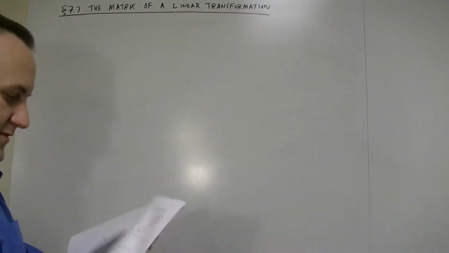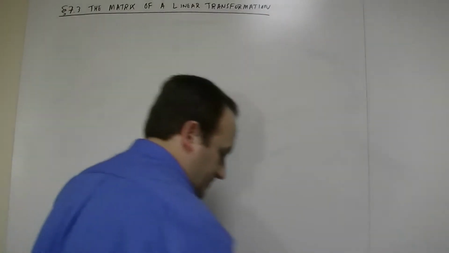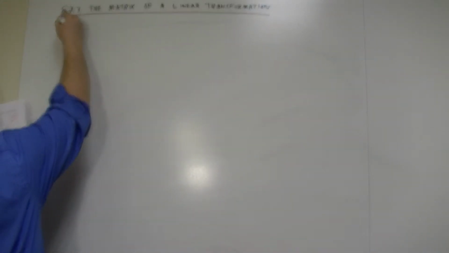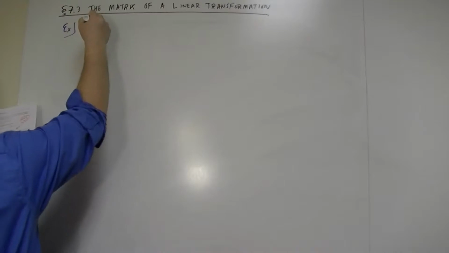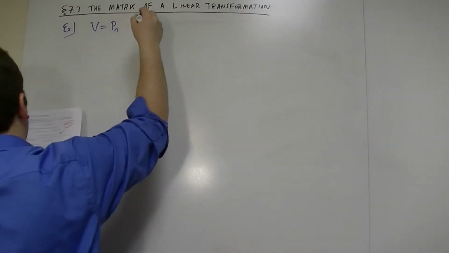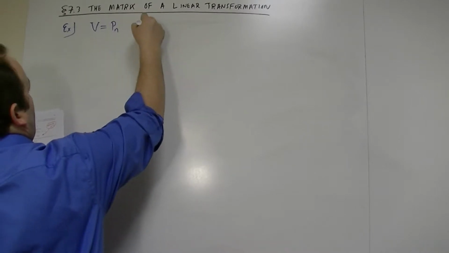Okay, so another example. Another example of coordinate maps. If v is equal to nth order polynomials,